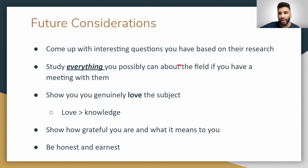Read the entirety of their research. Study everything you possibly can about their research and the field that they're researching. So they might be researching, let's say, cardiomyocytes. So research everything you possibly can. Type in online, cardiomyocyte research, stem cell research, and go and look at everything that exists online. Be the expert there. Understand all the terms and look at their publications, understand their publications inside out,